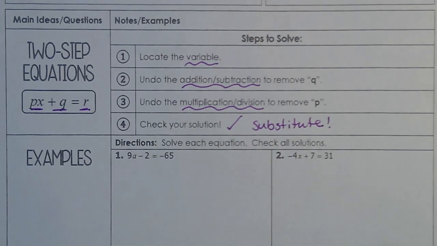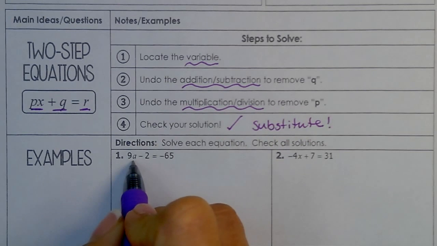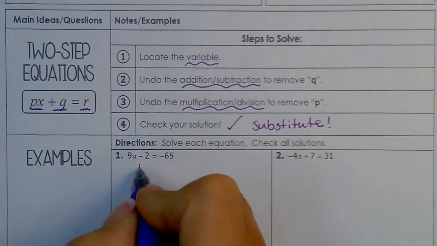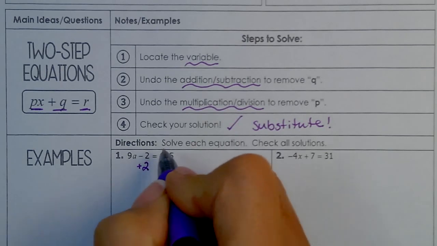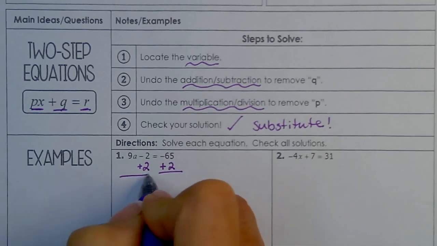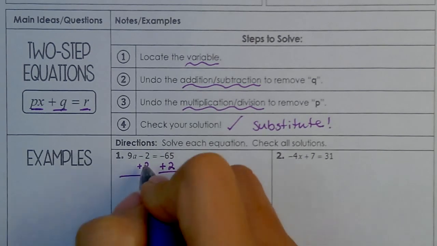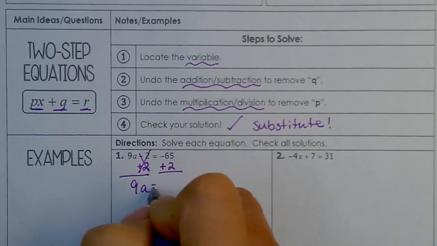All right, let's go through some of these examples. A is my variable. So that means that I need to undo this by addition or subtraction. Since it's a -2, I'm going to add 2. That's the inverse, and it would cancel this out. If I add 2 to this side of the equation, I have to add 2 to this side. It's called the equality property. What I do on one side, I have to do on the other. So that cancels, and I have 9a equals